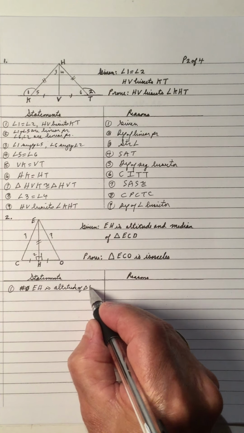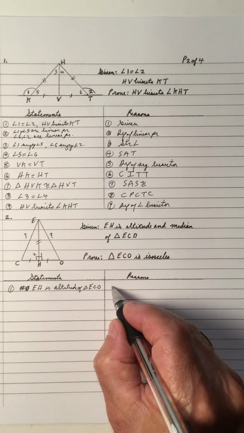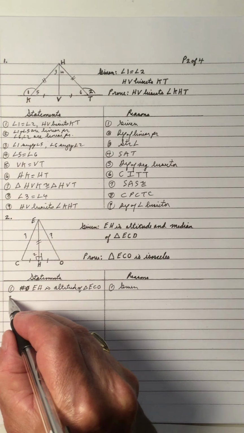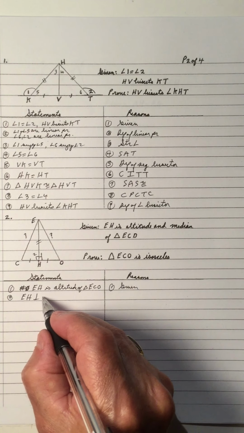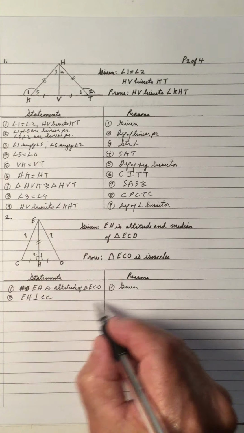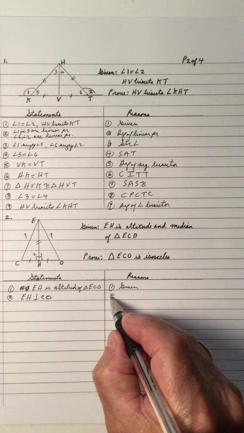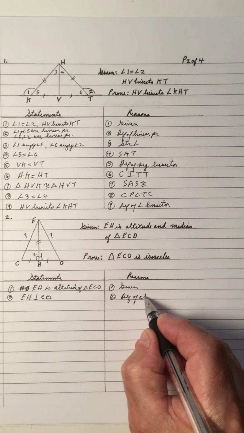Altitude of triangle ECO, and that's a given. Because it's an altitude, EH is perpendicular to CO. Make that an O now, don't be careless. And that's the definition of an altitude